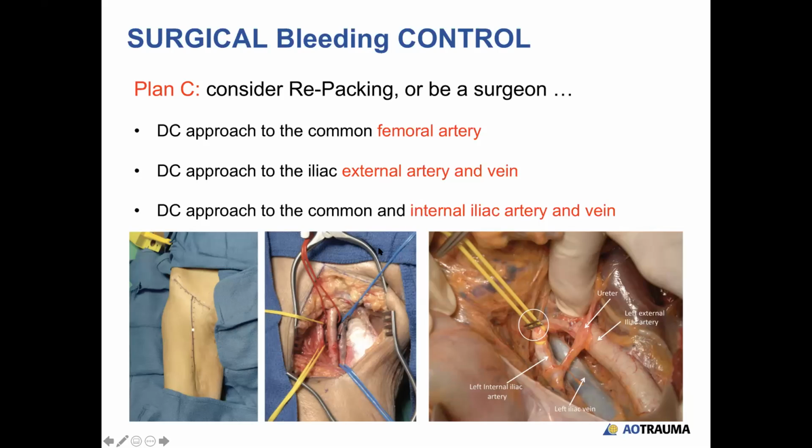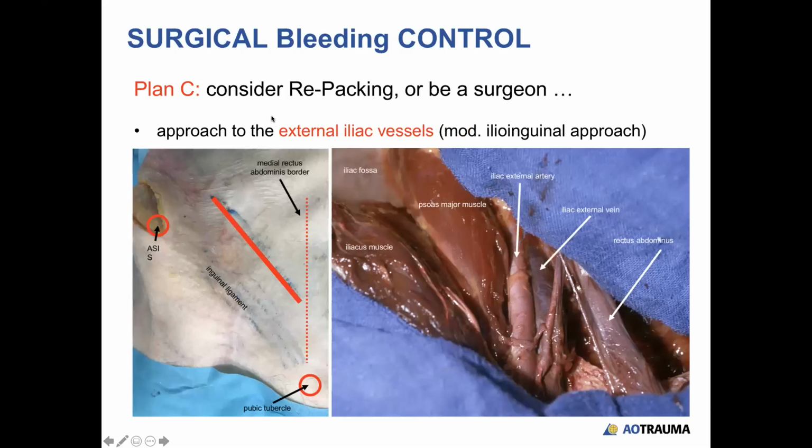It's a little bit more complicated if you go to the internal or external iliac arteries. To get access to that, you need a good knowledge of the anatomy, and be sure that in these situations of a dying patient, the anatomy is not so optimally visualized as with this view. So what you have to know,